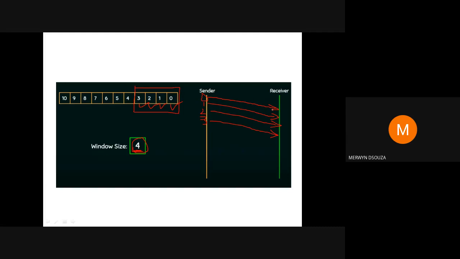So it does not mean that it has to wait for all the packets that it has sent for their acknowledgements to come. So suppose the receiver has got this packet, it acknowledges the first packet. It acknowledges packet 0. Okay. Now my question to you all is, for how many packets is the sender waiting for acknowledgements? How many packets are remaining for which the sender has not received the acknowledgement in the current situation?